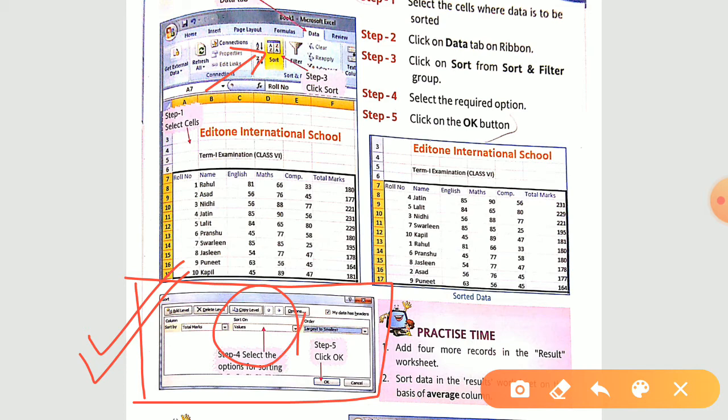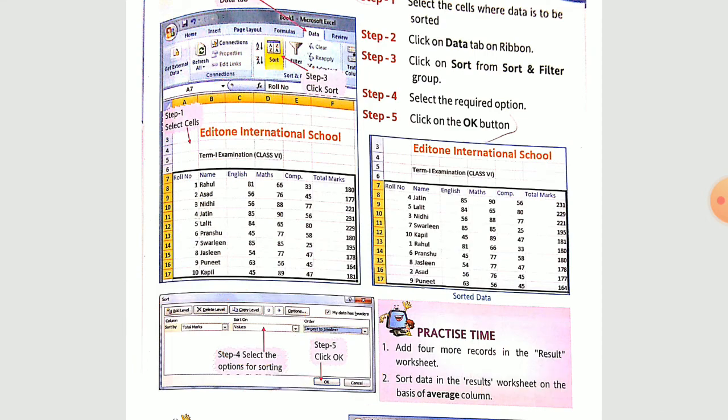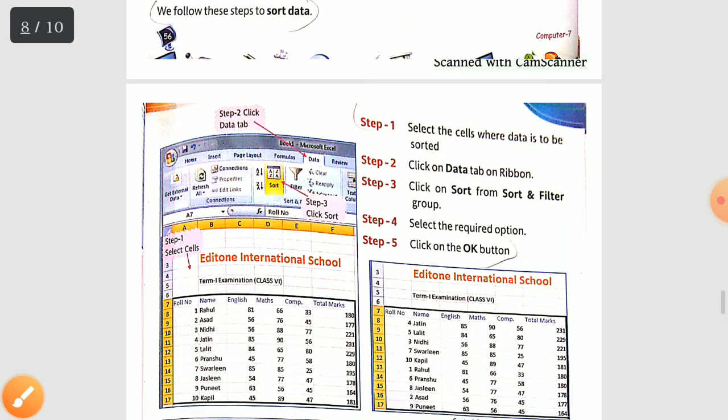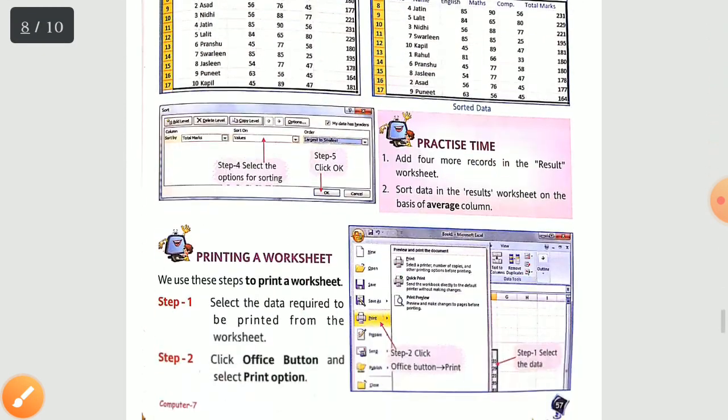Sort on, you have to select the required option, that is, which cell you want to sort. Fine, either you want to sort it in ascending order or you want to go with descending order. So all those things you have to mention over here. At the last, when you are done with all the tasks, just click on this OK button. Okay, and you are done with the sorting part. So these are the simple 5 steps which you can follow for sorting.